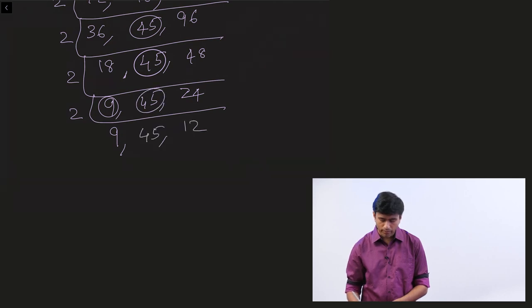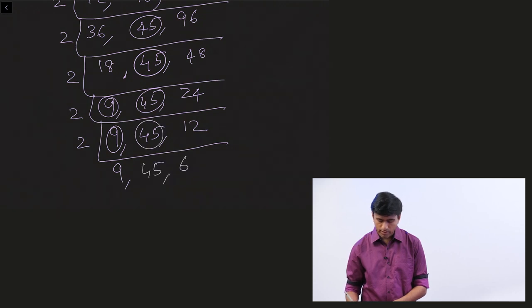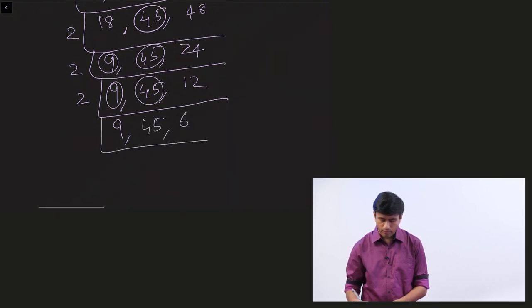Same with 45. 212s. 2, 9 is as it is, 45 is as it is, 6. 2, 9, 45, 3 is